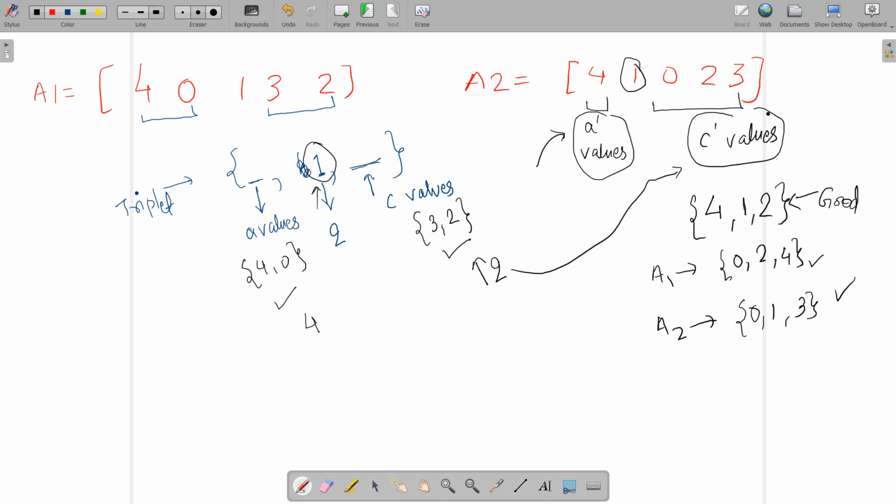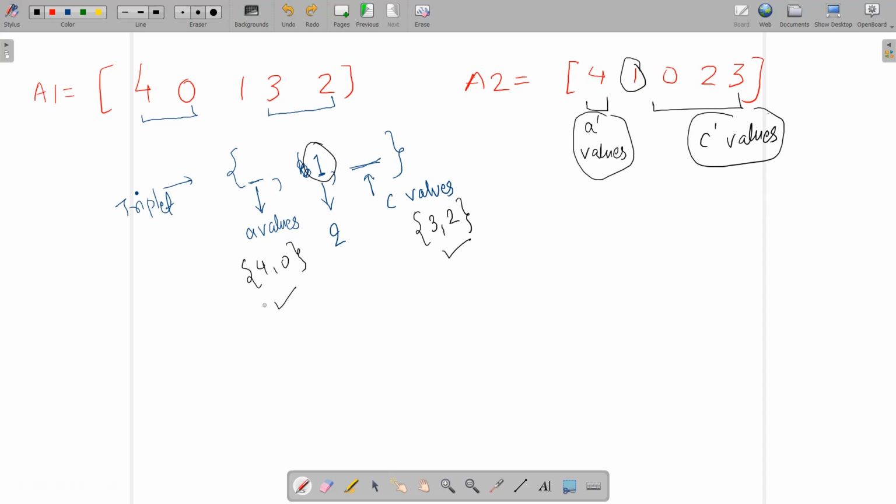when we fix this b, for the array a1 we have a values, that is the left set, and we have the c values for the right set. Now to make this triplet good, these values, a values and c values, must also be present over this array a2 also, when we divide this into two sets, a dash values and c dash values, according to the position of this value b over this array a2. Okay, so let's say we are going to name this, that would be better. So this is actually L1, this is R1, and this is L2 set, and this is